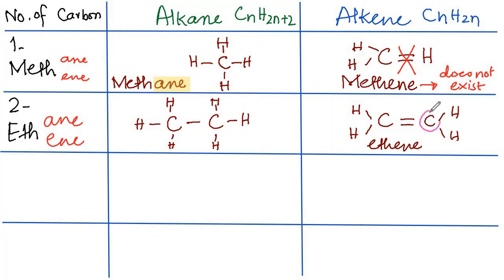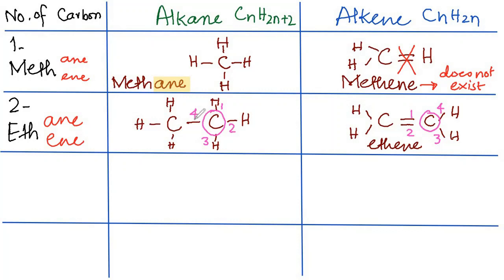If you look at this carbon atom, this is having 1 line to this carbon, second line or second covalent bond it makes with the other carbon, third covalent bond it makes with the hydrogen, and fourth covalent bond it also makes with the hydrogen. On the other hand, if you look at the carbon in the ethane or alkane, it has one covalent bond with one hydrogen, second one with another hydrogen, third one with the third hydrogen, and the fourth covalent bond is